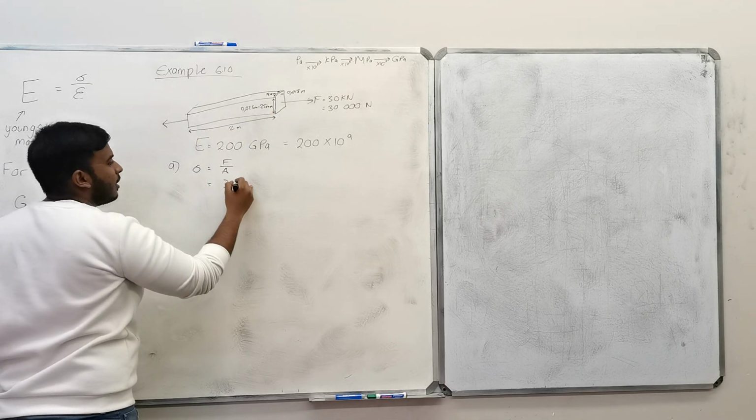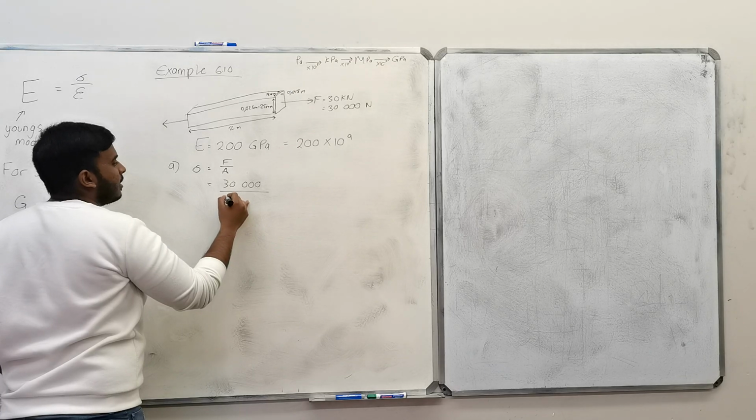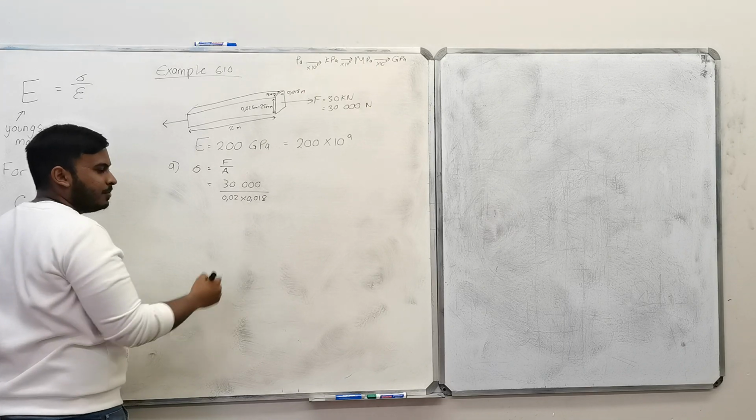So this would be 30,000 divided by 0.02 times 0.018, which is